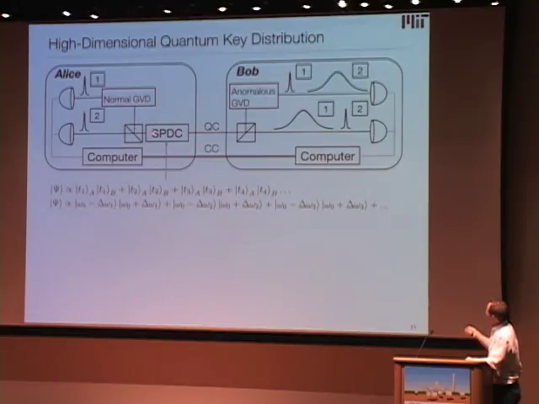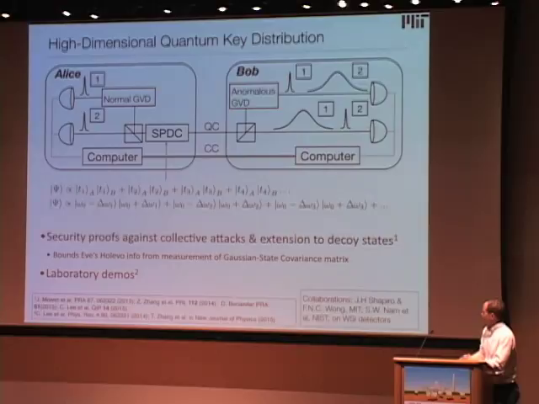two entangled photons, and you measure them either directly in the time domain on Alice's side and Bob's side, or you can measure in a mutually unbiased basis, which rather than going through a spectrometer, you can achieve by going through normal group velocity and anomalous group velocity dispersion, which shifts a photon based on its spectrum. So it's in effect a measurement of the spectrum by the arrival time. And so we've looked at the security of this kind of protocol against collective attacks and extended it to decoy states, a way of limiting side channel attacks in high-dimensional QKD.